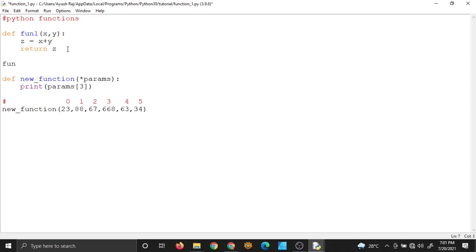When you call the function, you can specify x is equal to 45 and y is equal to 6. You can do it like this, or you can do it like this also: x is equal to 45 and y is equal to 6. So let me print this.